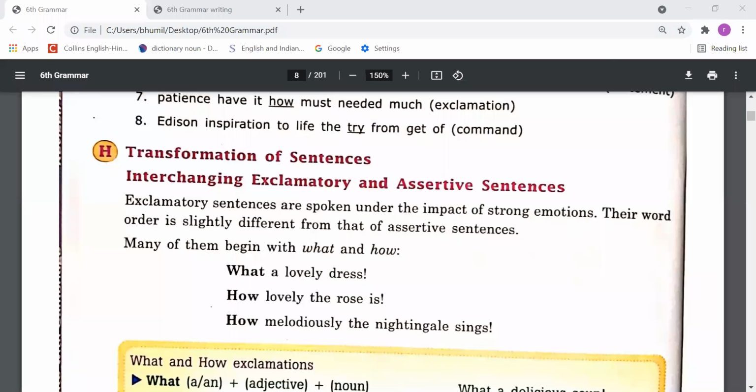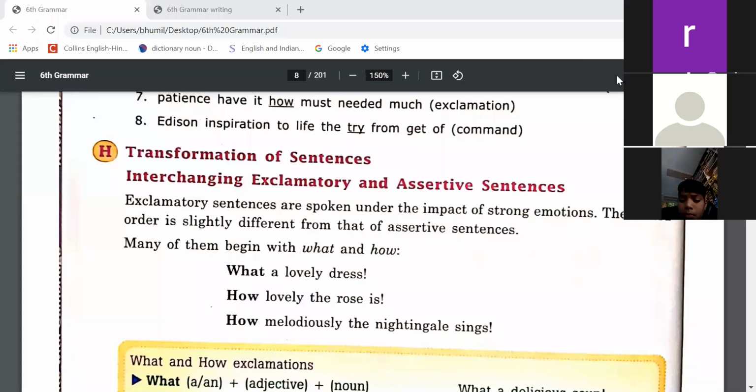Good morning, students. This is your English class, and today we are going to study the first chapter of our grammar book, that is the sentence. Half part of this chapter we studied in our previous class, and the rest of the part we are going to study now. So we were on page number 4. So please open page number 4, and along with this, you should keep a pencil and an eraser.